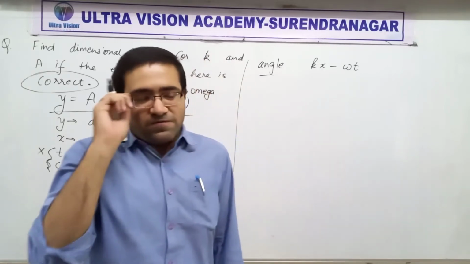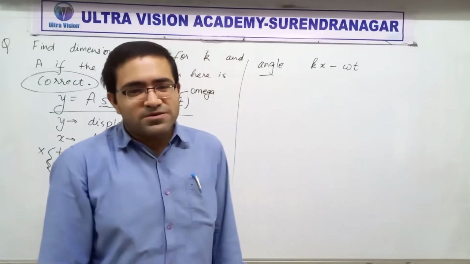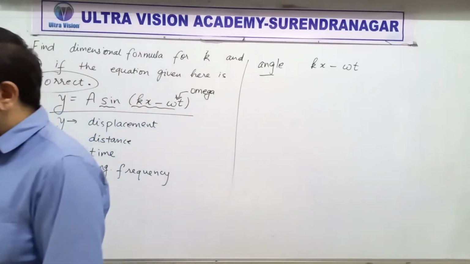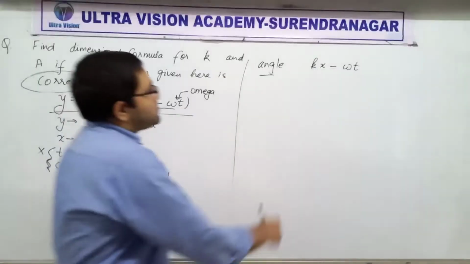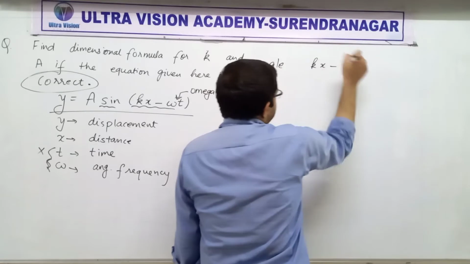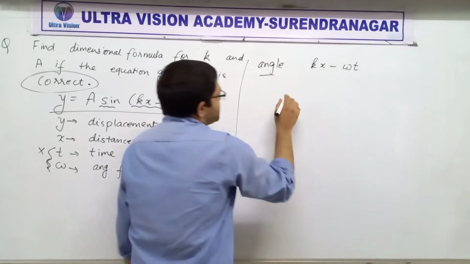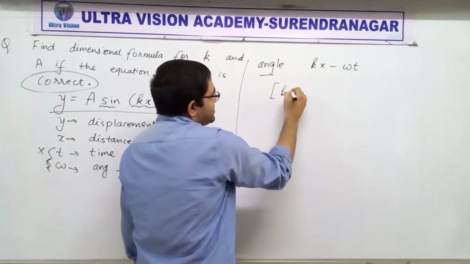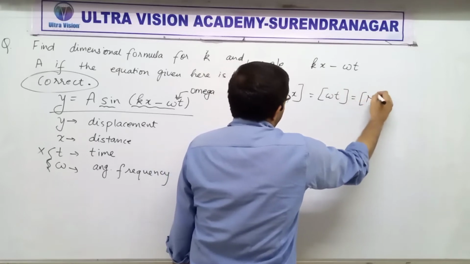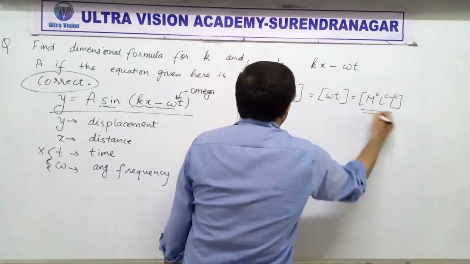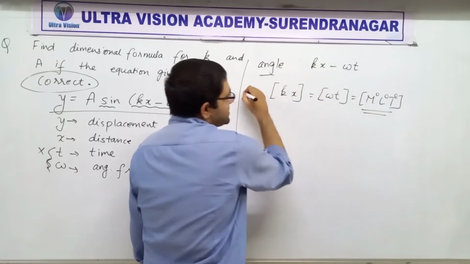Now, what are the dimensions of angle? Do you remember? Angles are dimensionless, no dimensions. So that would mean that this whole subtraction should have no dimensions. So by using rule number 3, do you realize that we get this? Because this is an angle, and angles have no dimension. Is this step clear to you?